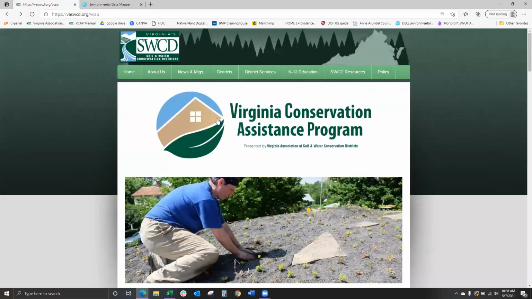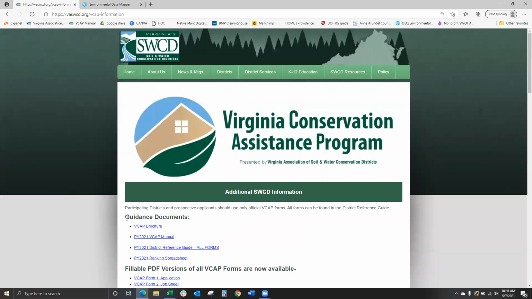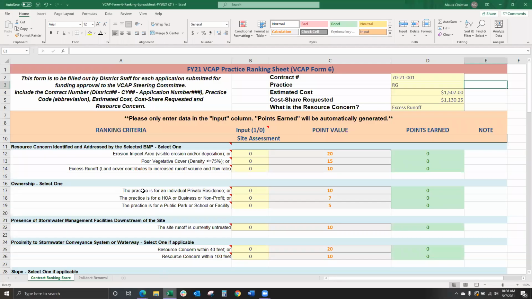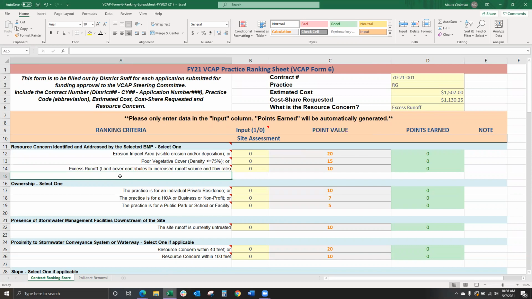You'll go to the main VCAP homepage and scoot on over to the resources for districts. And under the guidance documents list, the last option is for the ranking spreadsheet, and you can click and download that there. So the VCAP steering committee really uses this to compare all of the BMP types and all the